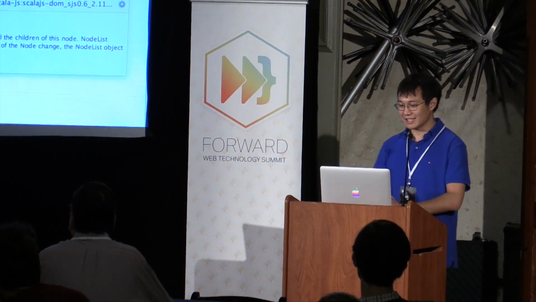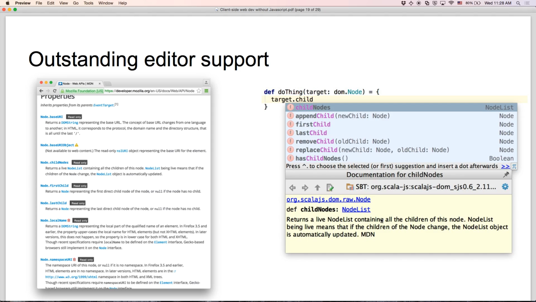Another thing that Scala.js does very well is that it provides really good editor support. So if any of you have used Java before or C# using Visual Studio, it's well known that being able to press dot and see a total list of everything your object can do, every method, every variable, every property is very useful. And in Scala.js, rather than sifting through the Mozilla Developer Network line by line, using Command F to try and find the method you want to call, you can press dot, start typing, and see